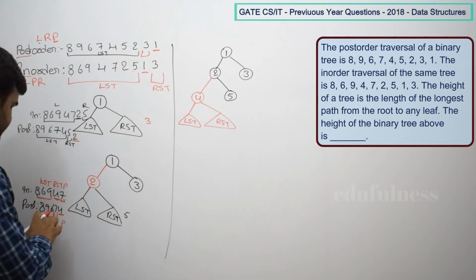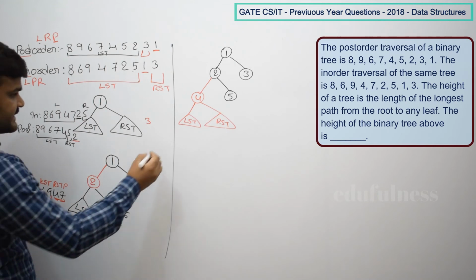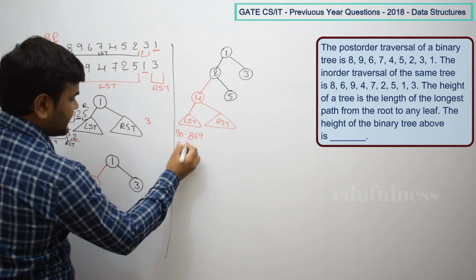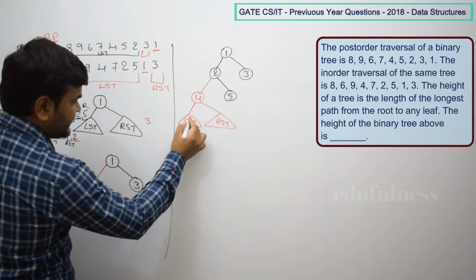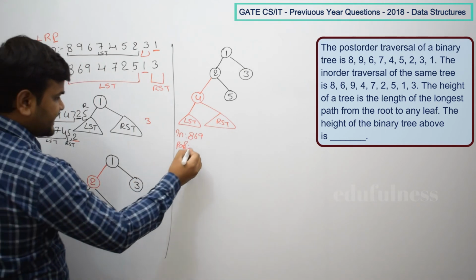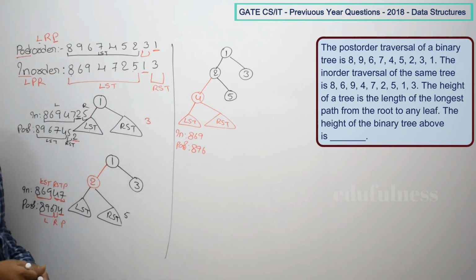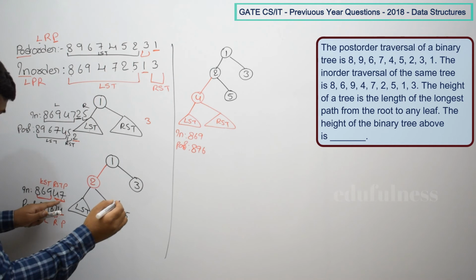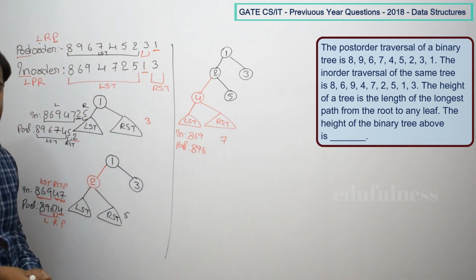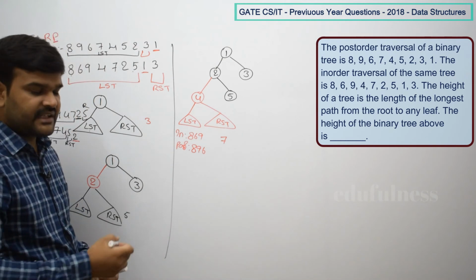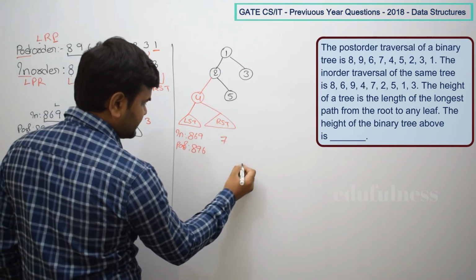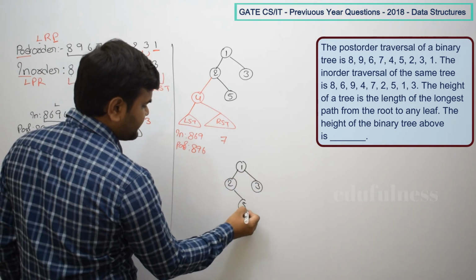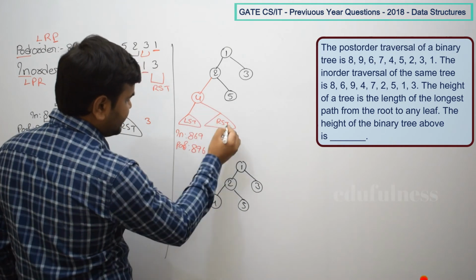Okay. So now from this, in order is 8, 6, 9 and its corresponding post order is 8, 9, 6. Okay, and here we have only one vertex, that is 7. Now from this again same thing recursively we are going to get. So first of all 1 and 3 right child, 2 is left child, then 5, then here 4 and its right child is 7.